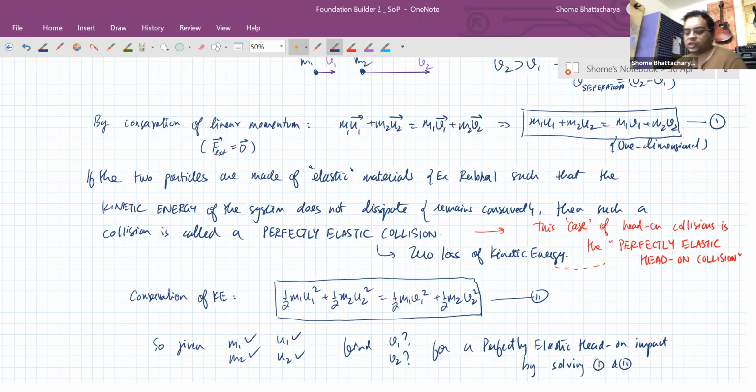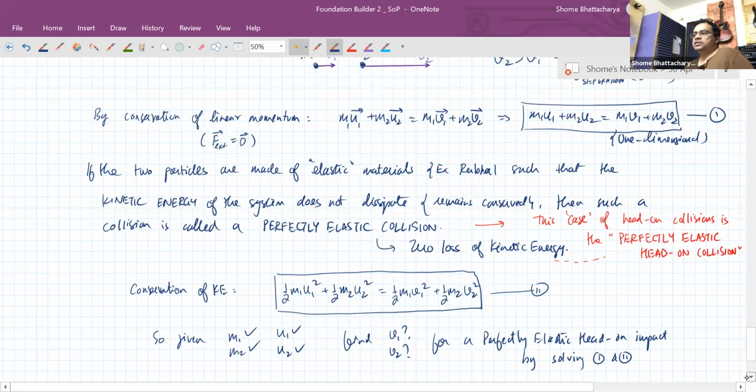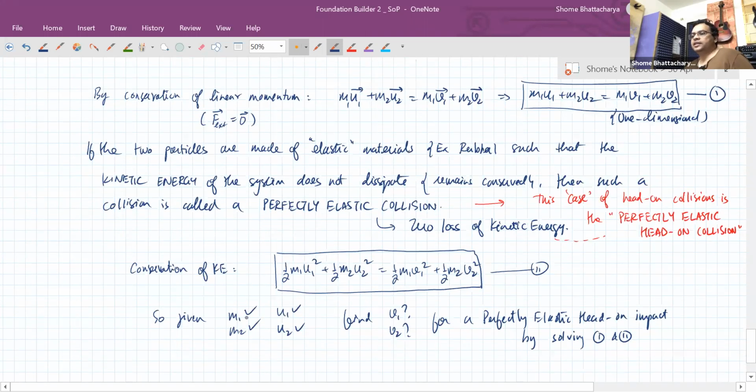So the total kinetic energy of both the particles before impact is the left hand side, and the total kinetic energy after impact is the right hand side. Why can we equate them? Because there is zero loss of kinetic energy, because they are made of elastic materials. Yes, okay. So now you can see that given this kind of situation, suppose we are given numerical values of m1, m2 and u1 and u2,